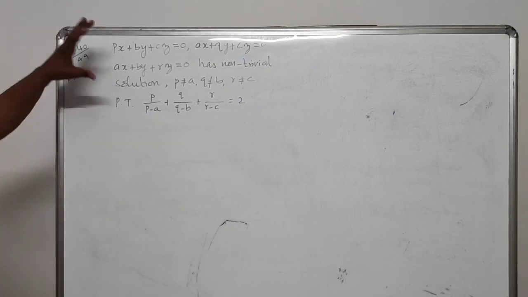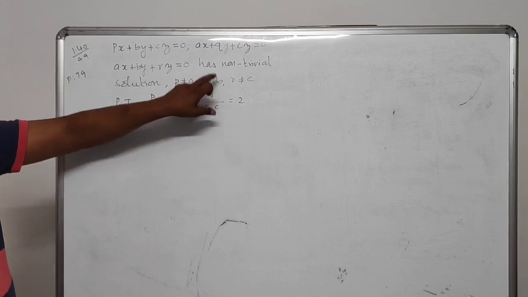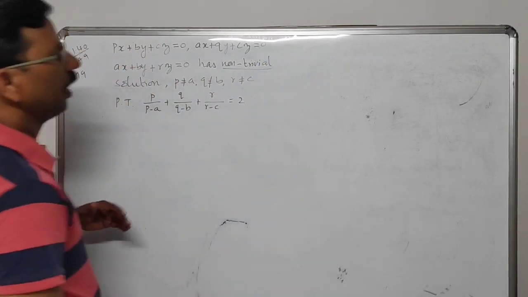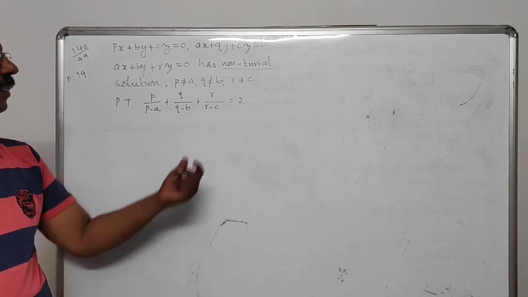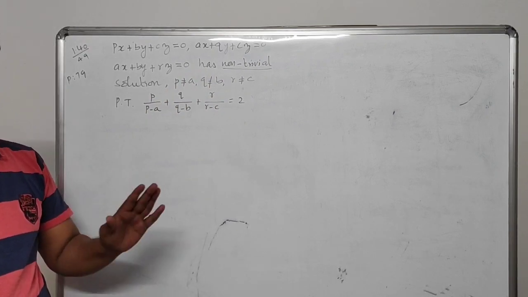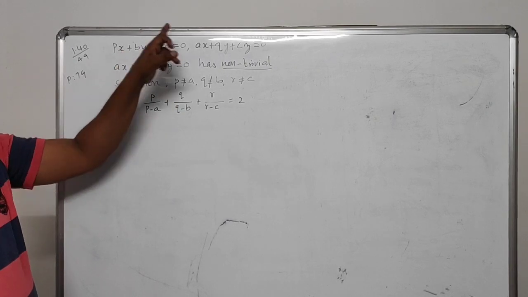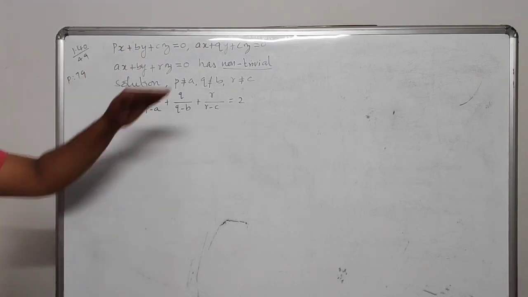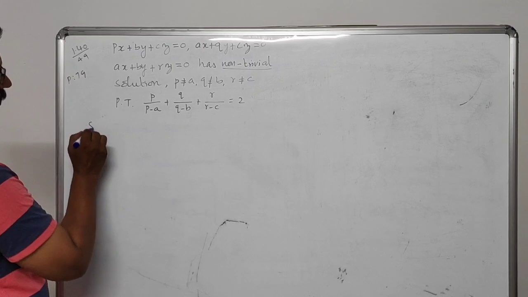Okay, now we can solve this equation. We have to prove this result with the condition that it has a non-trivial solution. Already I have explained, if the system of homogeneous equations has a non-trivial solution, then definitely the rank will be less than 3, since we have 3 unknowns x, y and z. Okay, this is very similar to the previous problem. Therefore, what we can do means first we can write: